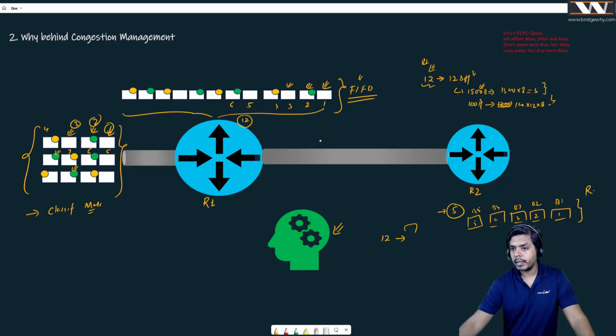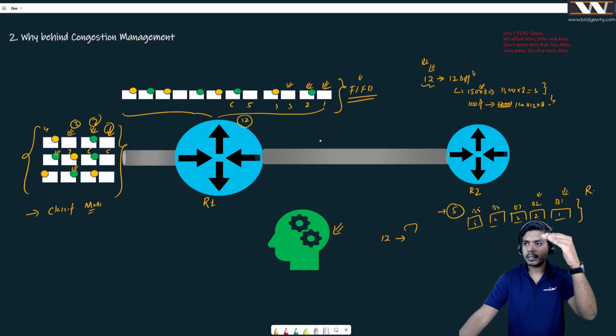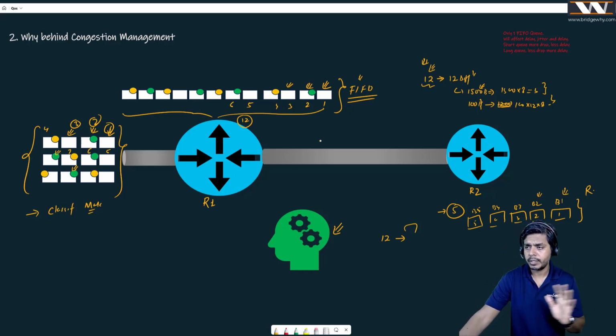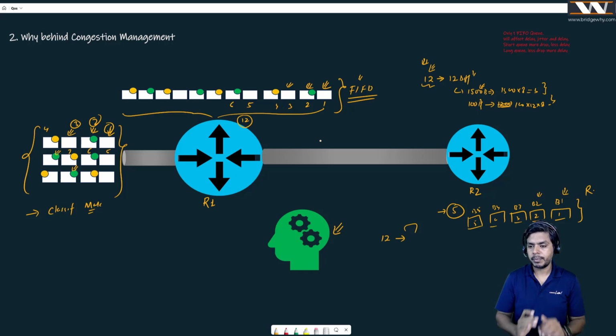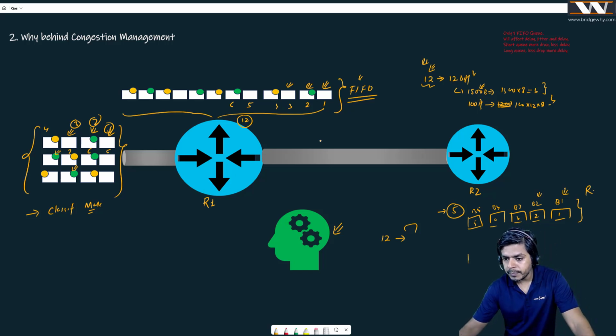And to store a 1500 byte message, this buffer is going to be 1500 bytes. To store a message of 100 bytes, buffer 2 is going to be maybe only 100 bytes, right? Or these are contiguous memory locations, so we do not need to talk about it. But the point here is the packet gets stored into the buffer. But if I talk about the queue, and this queue length is also suppose 5, or maybe 6, then